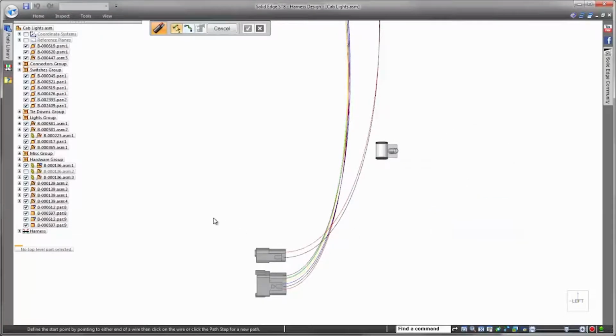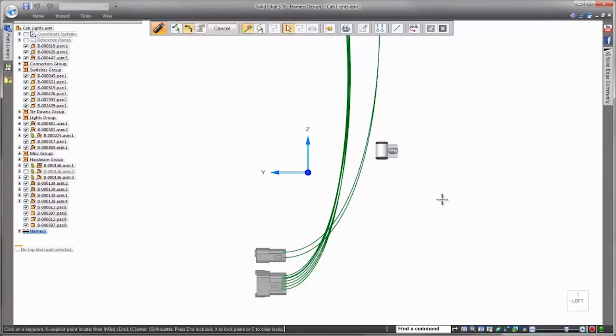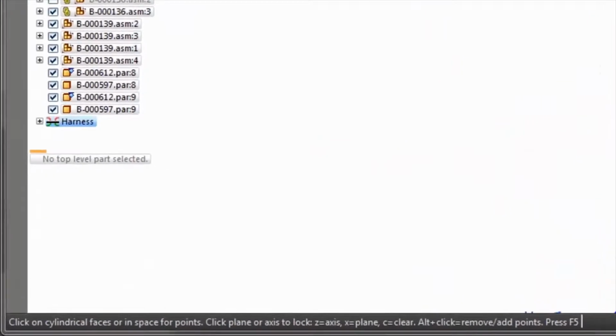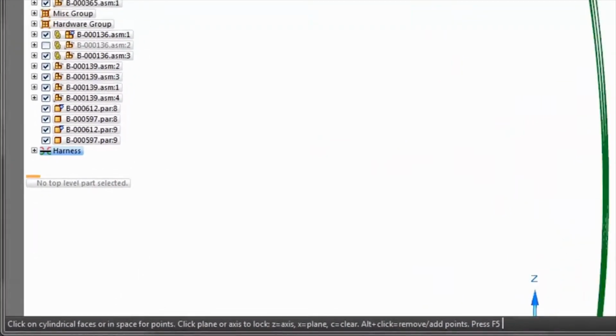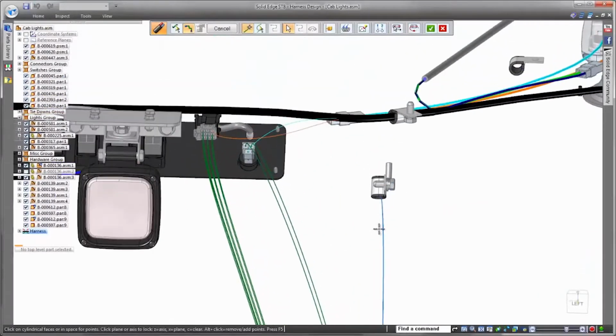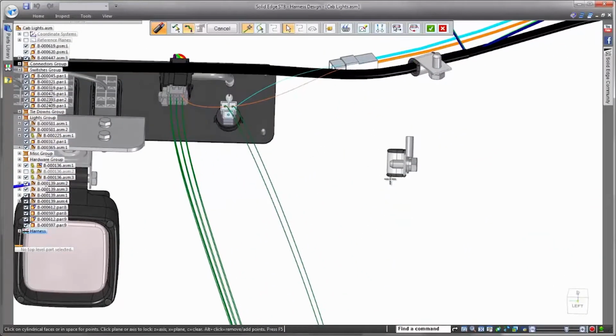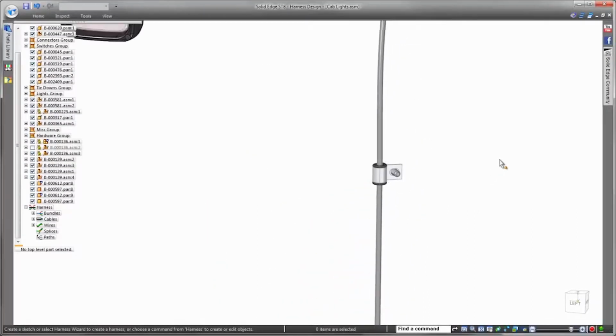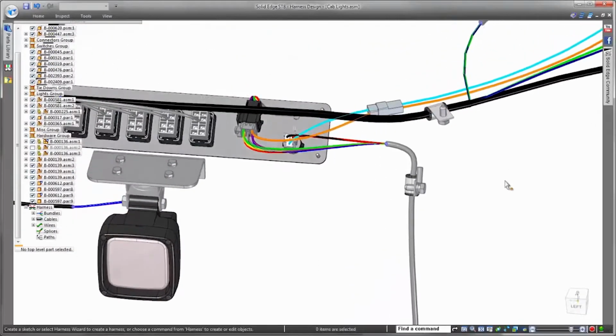First, we want to place all of these individual wires into a cable and run it up through the clips. Once inside the cable command, Solid Edge provides us with instructions on what we should do every step of the way. Providing these easy to understand instructions makes it simple to learn and use any command inside of Solid Edge. Once our wires have been selected, we'll quickly create a new cable path up through the clips. Now that we've got our main cable coming up from the controls to the roof, let's get our lighting components